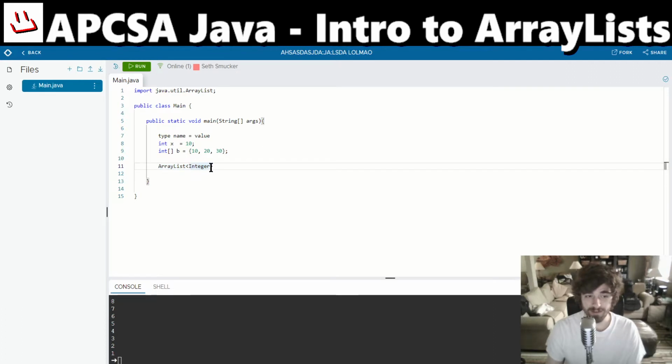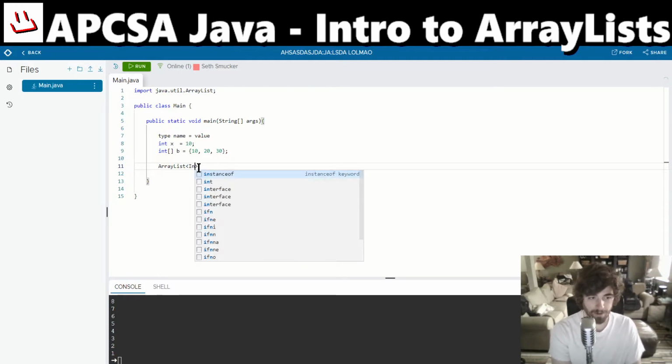ArrayList. Now, this could be String. This could be Character, right? This could be anything, but it has to be a class. So you can't put an int in here because an integer is not a class. These brackets are called templates, okay? They can be any object,